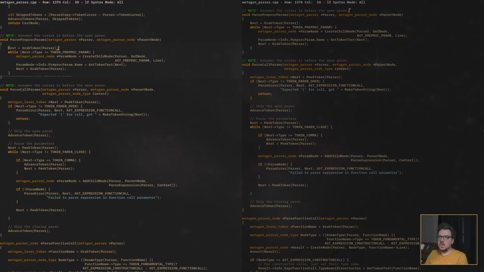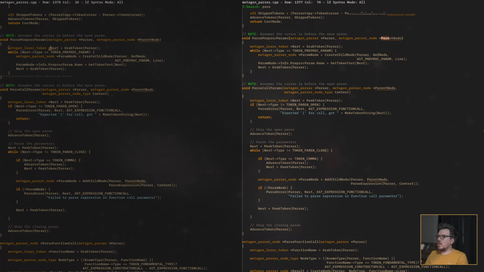No. Okay. This is a token. All right. Parse preproc params. So let's not skip over the parent because we are telling it to expect that that's there. Let's pass it the def node. Oh, yes, yes. And that's it. So that should still be working as it was.